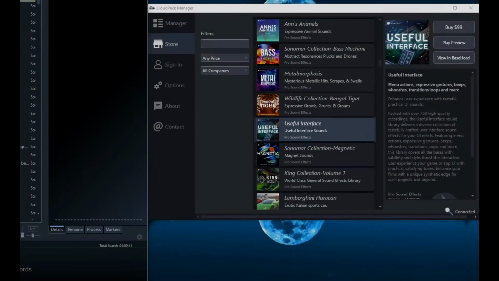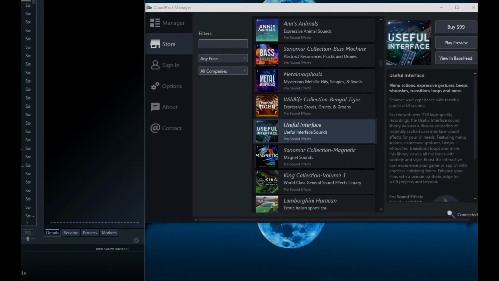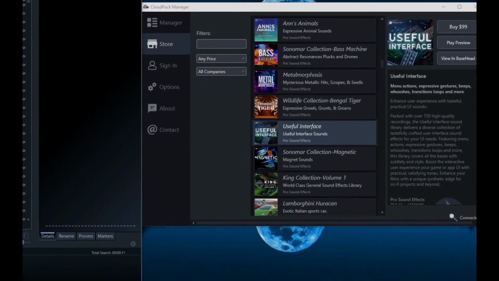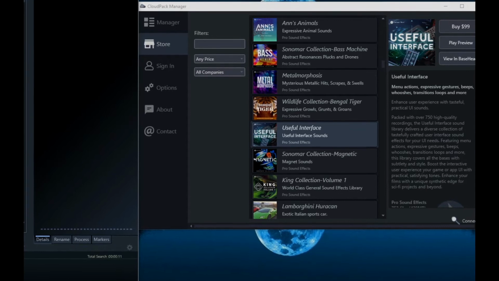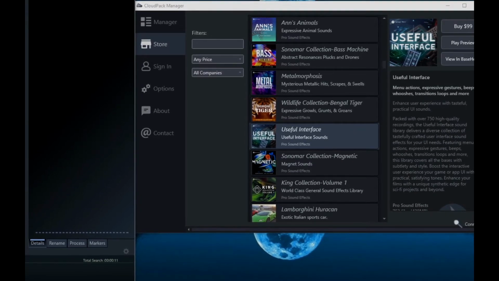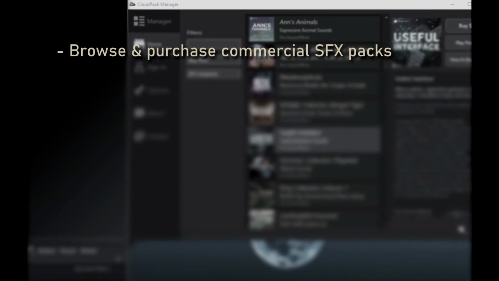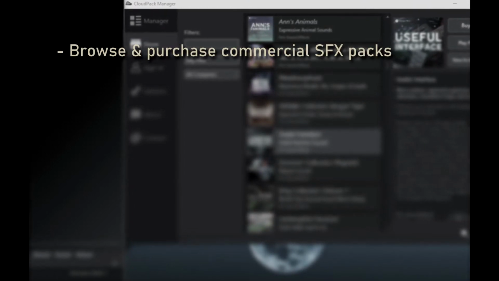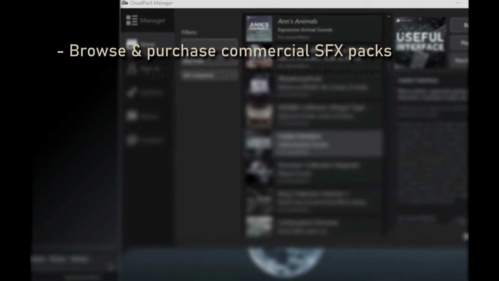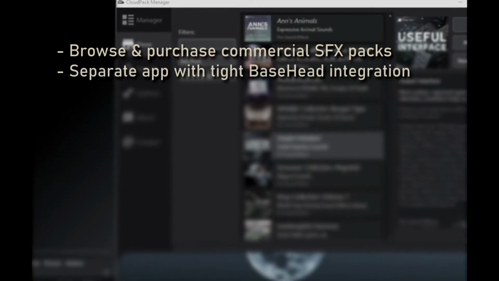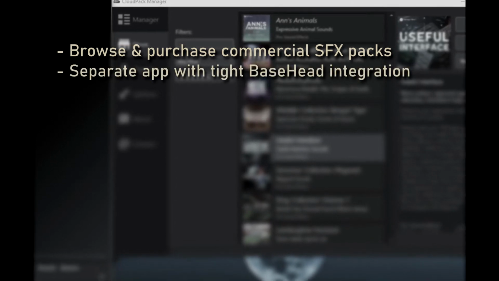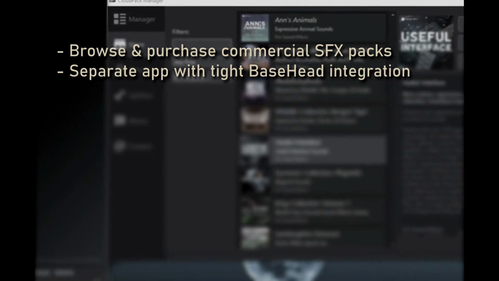A new and exciting game-changing feature that has just been released with BaseHead version 2020.7 for Mac and PC users is the new CloudPack Manager application. CloudPack Manager offers access to an online library of commercial sound effects packs that can be integrated straight into BaseHead's workflow. Running as a separate application with direct integration to BaseHead, it handles all the CloudPack management and downloads without